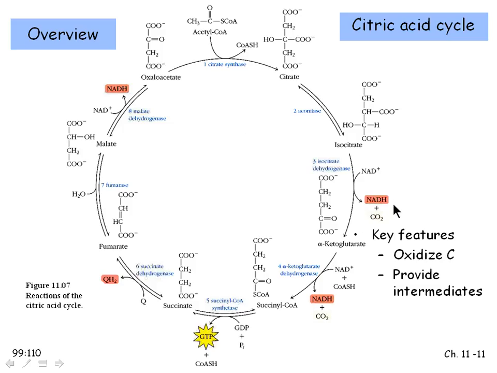We also see molecules of NADH, QH2, NADH. So the carbons that are entering as acetyl-CoA are going to get oxidized at some point in the reactions of this cycle. And we can also see one molecule of GTP made down there. So this cycle as a whole is a way to oxidize carbon atoms. It's also a way to provide intermediates, and we're going to see sort of that function that's in tension with the catabolic or oxidative aspect of